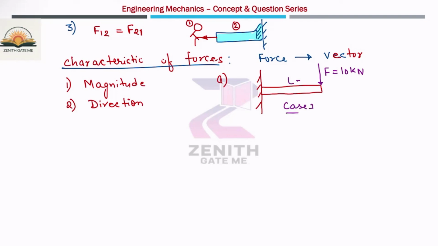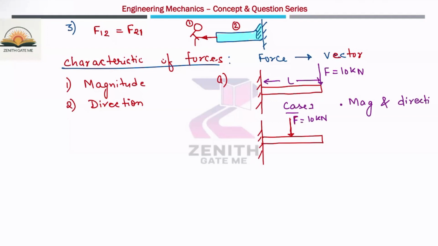Okay, so I'm assuming the length of the beam is L. Now the second case: there is again the same beam. Now the force is acting at this point, whose magnitude is the same 10 kilonewton, and the direction is also downward. Okay, so in both the cases, the magnitude and the direction are the same,